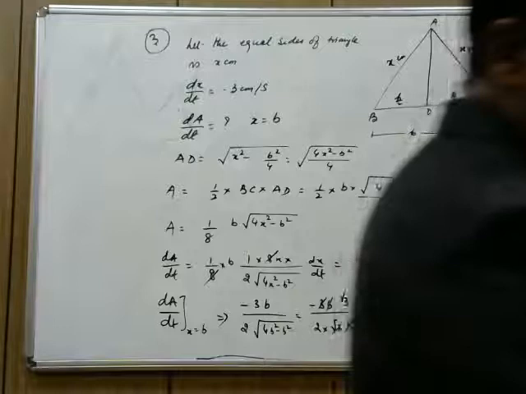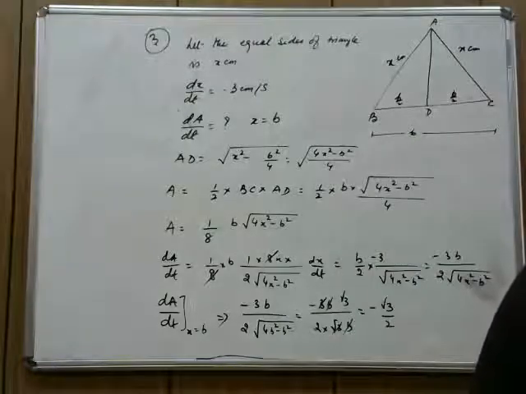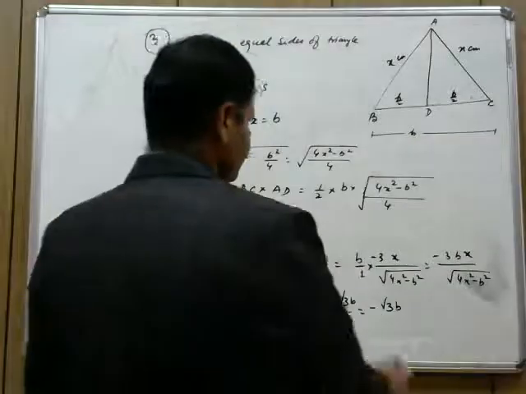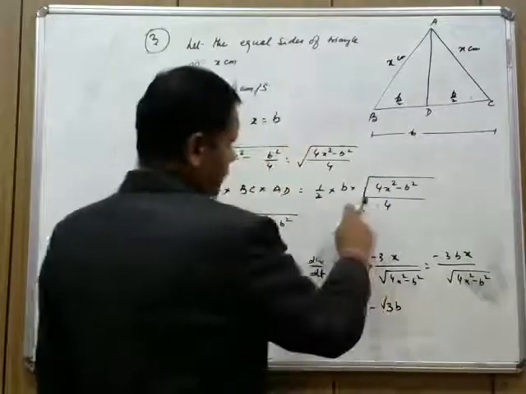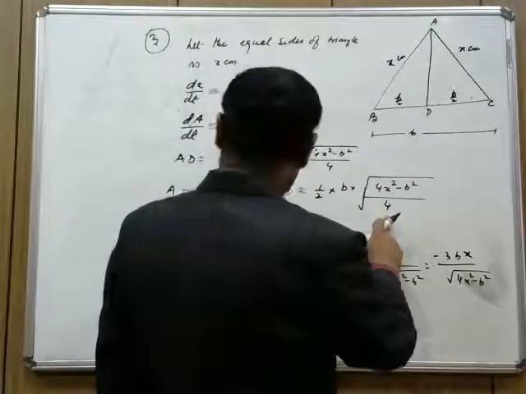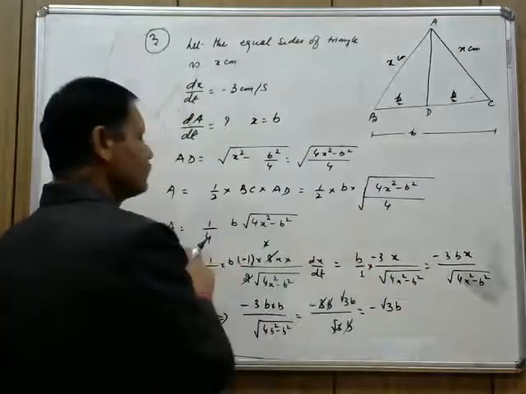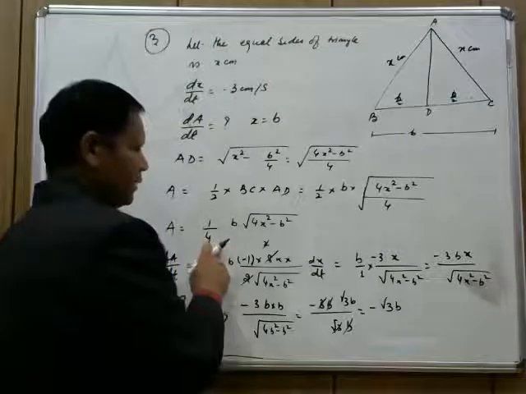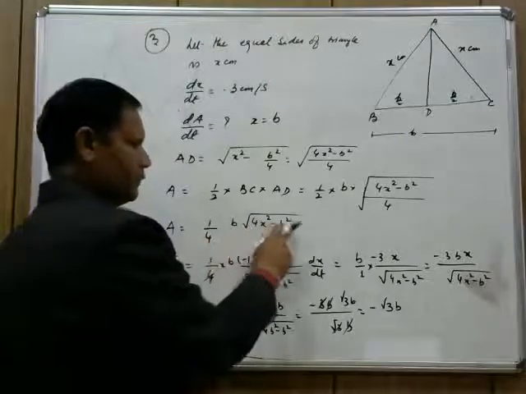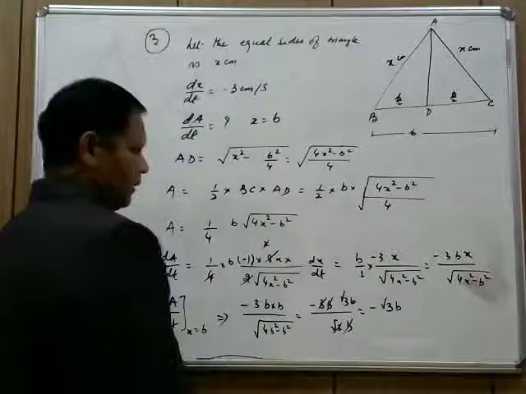Just let me check with this. What is the mistake now? Here it was under root 4, and that's why we'll have 2 left out. 2 multiplied by 2 will have 4, not 8. That's why 1 by 4 b under root 4x square minus b square. Now I am left out with